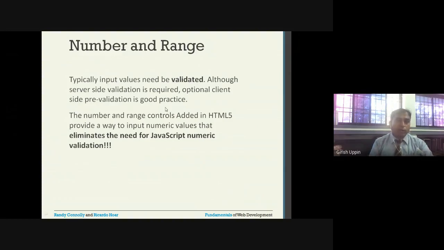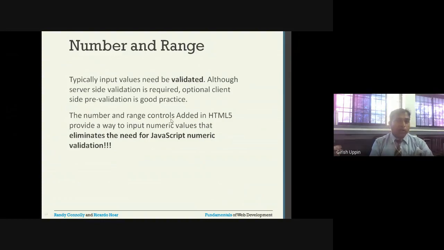If it is related to a number or some kind of a figure, we can do it on the client side. Another way of doing that kind of validation is using JavaScript. These number and range controls are given in HTML5, so they do not use any JavaScript. Internally, even though you don't write any JavaScript, that validation will happen according to the range you provide.